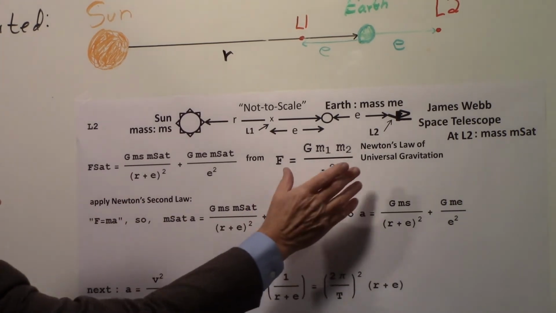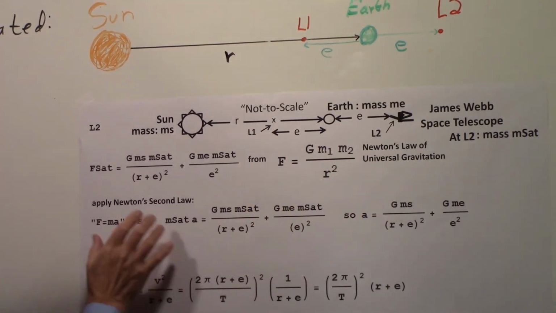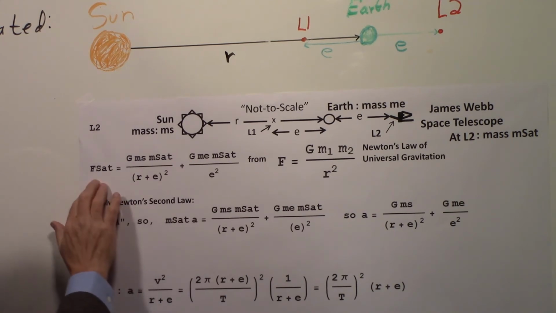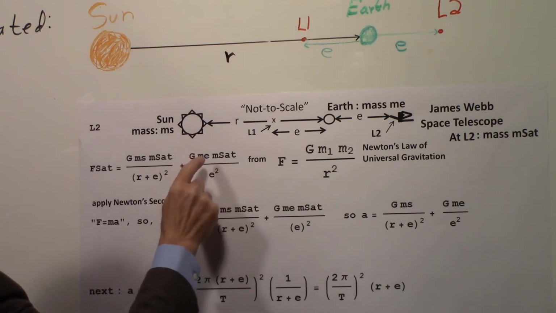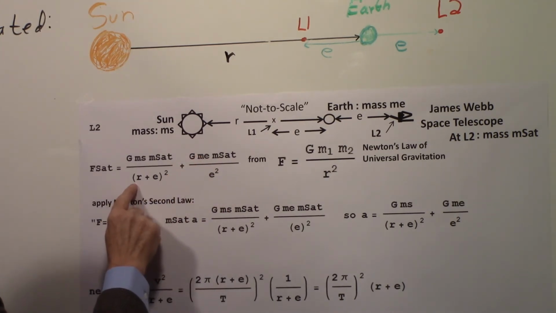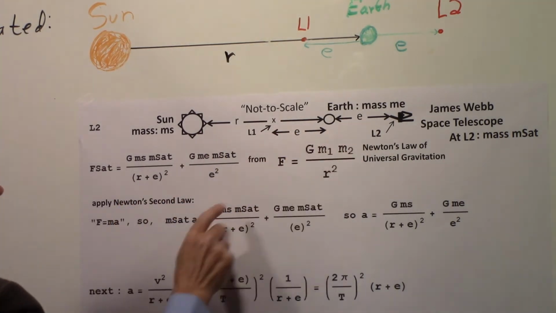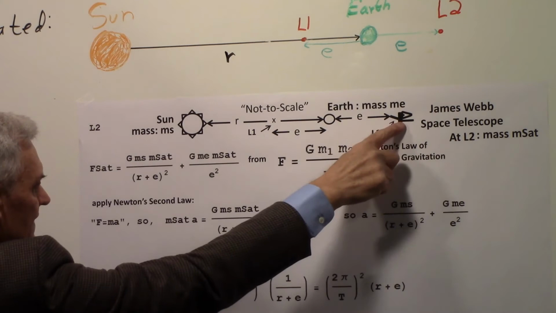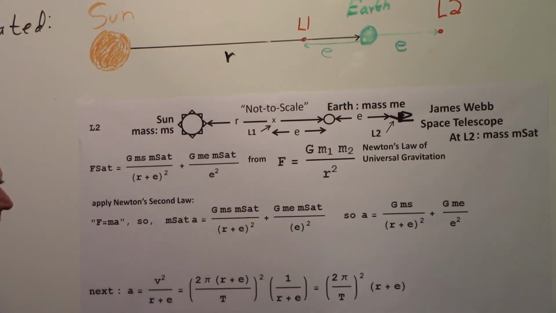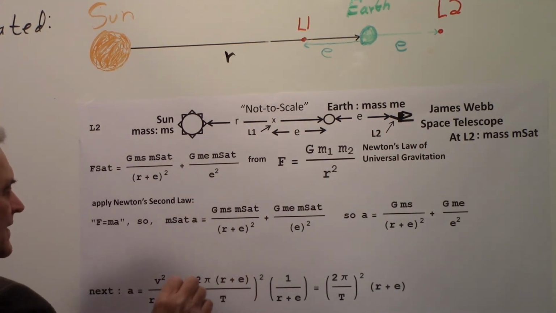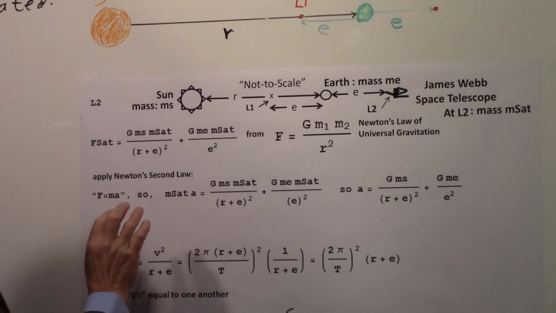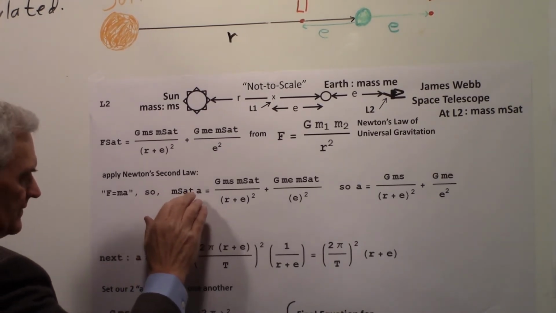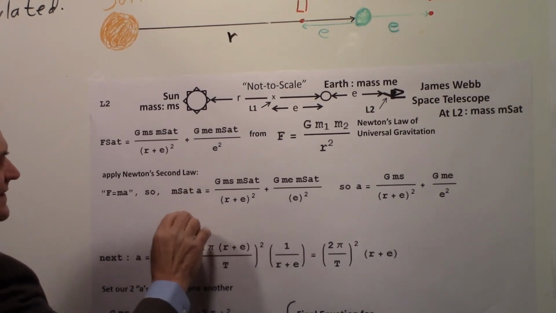So again, we use Newton's law of universal gravitation, and we put in the quantities. The force on the satellite will be this term from the sun, this term from the Earth, and the distance involved from the sun to the satellite is r plus e, and the distance from the Earth to the satellite is just e. And the next thing we did was we used F equals ma, Newton's second law. And so what we could say, the mass of the satellite times the acceleration a is equal to